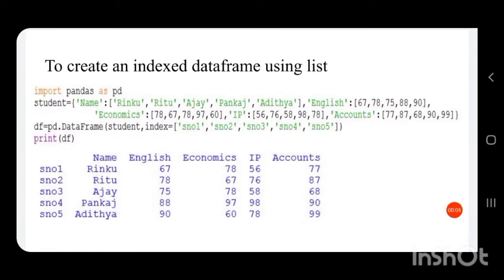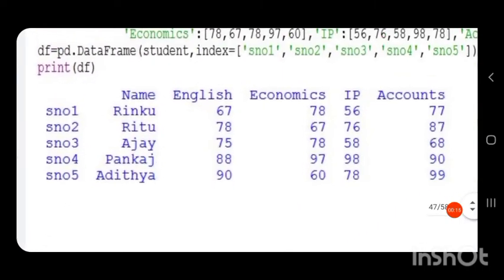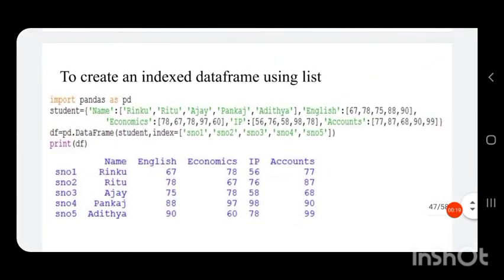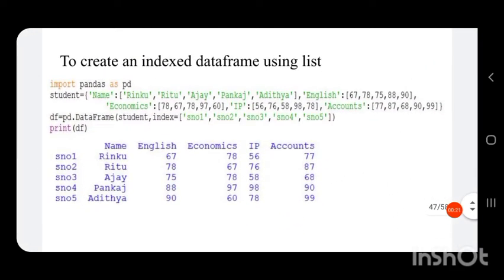The next program is to create an indexed data frame using a list. Here we have to provide the indices for rows. To create an indexed data frame using a list, we write the program as import pandas as pd.